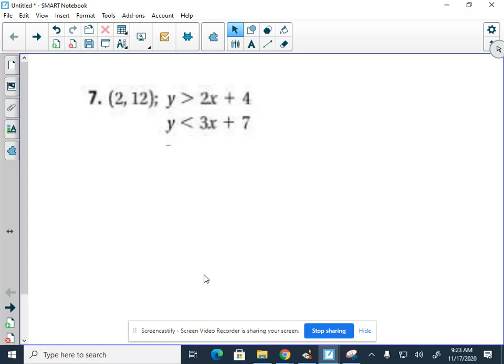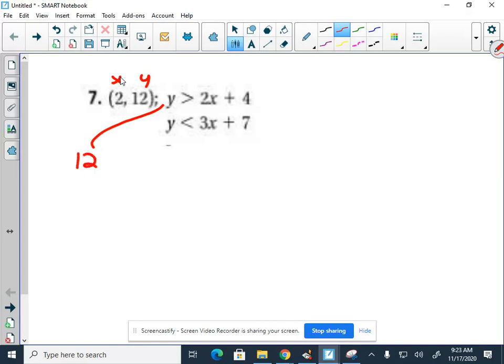So, to be a solution, what you have to do in number 7 is, remember, this is X, this is Y, everybody. So you have to put these in. Okay? So everybody ready? Following along? Got their head up, ready to go? Here we go. So I'm going to take the 12 into this